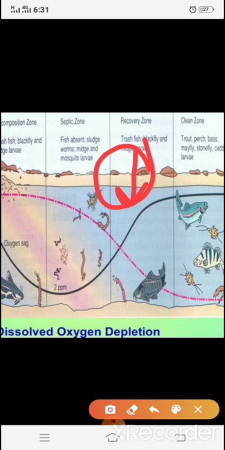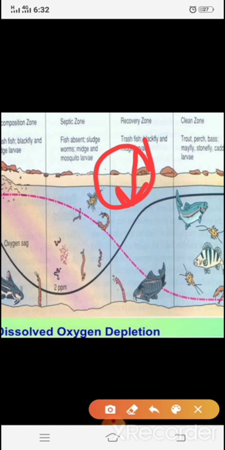Just try to understand what the rate is, because this rate is important to understand the speed of the decomposition. So this decomposition speed is gradually decreasing. Similarly, the reoxygenation is also being added in the same process. And in the recovery zone we are getting